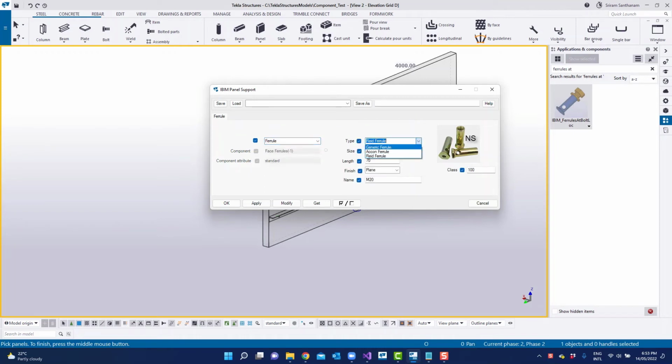So you have 3 options here: generic ferrule, Anken ferrule and Reid ferrule. Once you click, it will automatically change the list. Of course, you can choose the size here and you can type the length and also the name of the ferrule. If I choose Anken and then Reid ferrule,